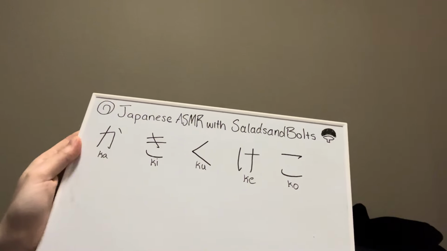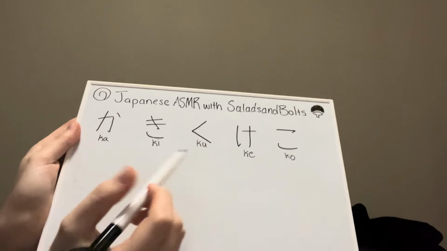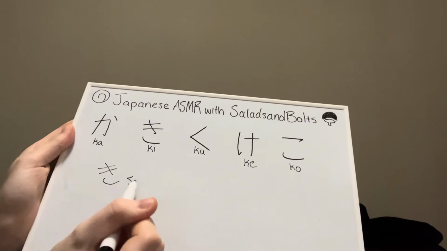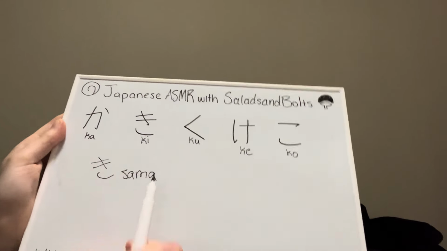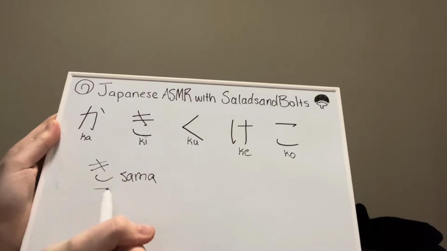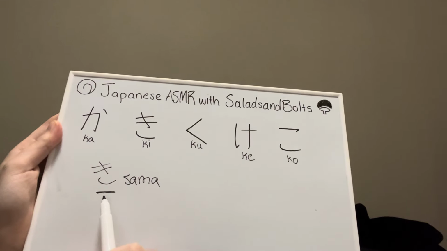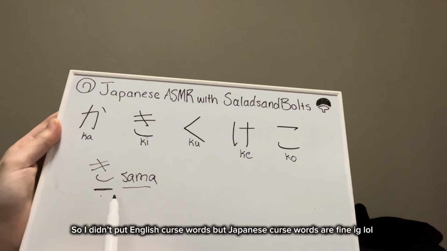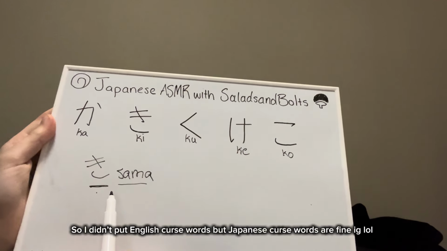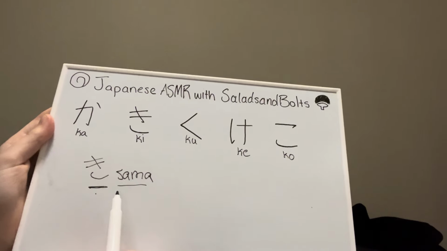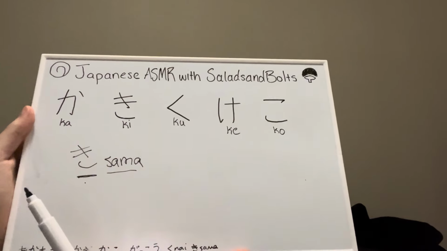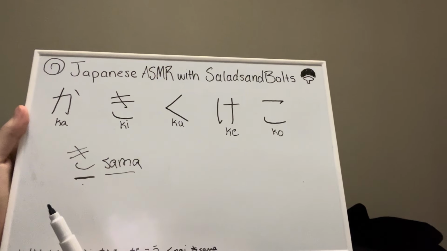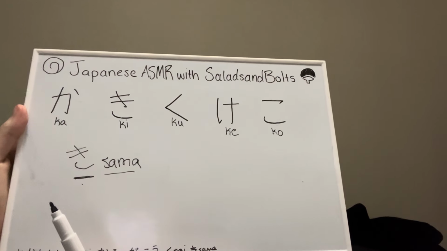Okay, next is a very famous one. You'll enjoy this if you're an anime watcher. We have kisama. Kisama. Never use this in real life. It's a bad word. It's an insult to somebody else. I have never said this to another person because I have never been angry enough to say it to somebody in real life. And in Japanese, when you insult someone in real life, it's usually like,